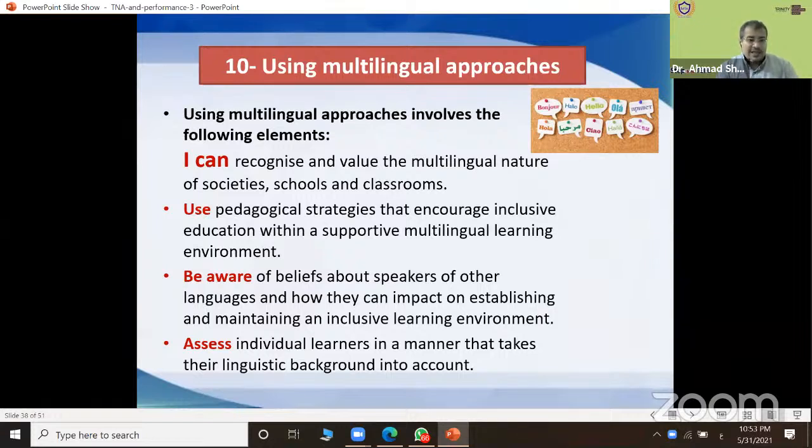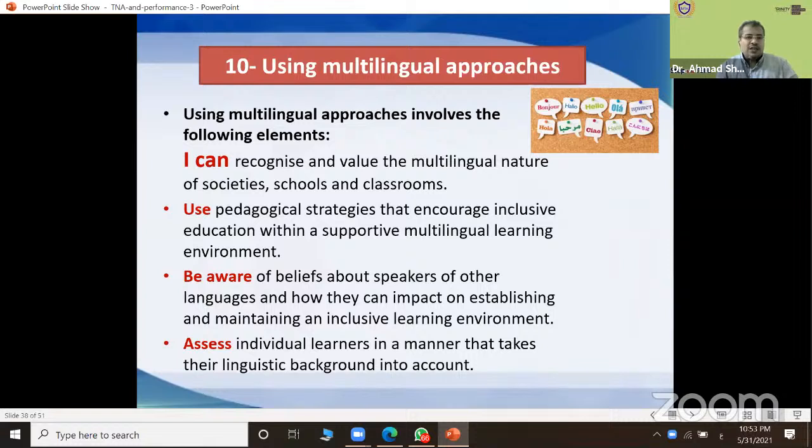I can recognize and value the multilingual nature of societies, schools, and classrooms. Use pedagogical strategies that encourage inclusive education within a supportive multilingual learning environment. Be aware of beliefs about speakers of other languages. Maybe you are not teaching in your country, but in another country.